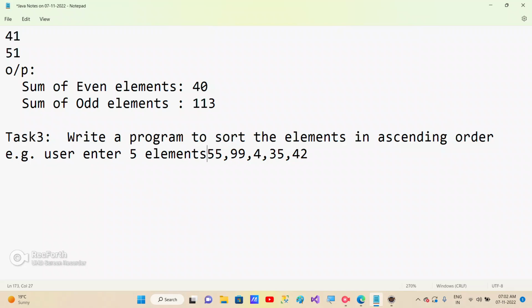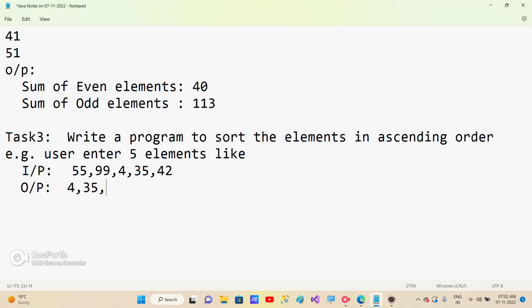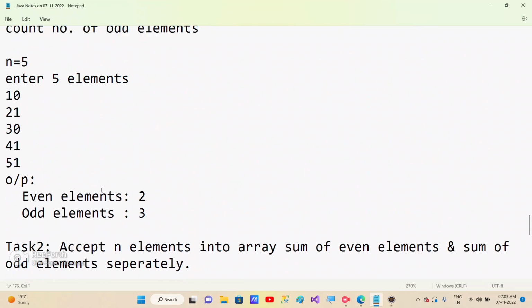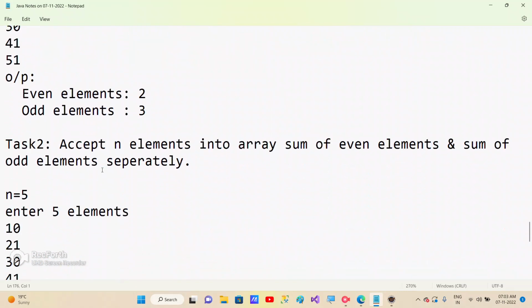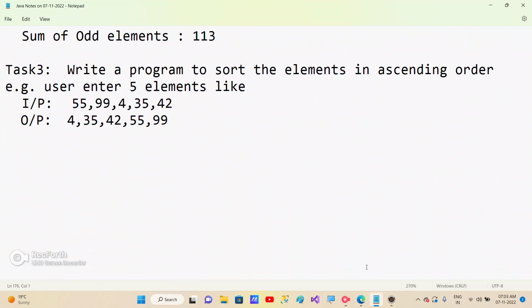Example, user entered 5 elements like this. So this is the input. So what is your output? Output should be in ascending order. All elements must be sorted: first the smallest element 4, then 35, then 42, then 55, and then finally 99. This is the output I'm expecting. Okay, so you need to try this and let me know, guys, tomorrow. So please try all these 3 tasks and send me once they are done. Okay, so I think